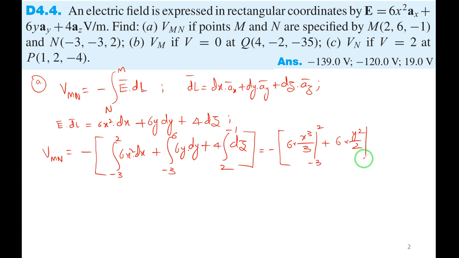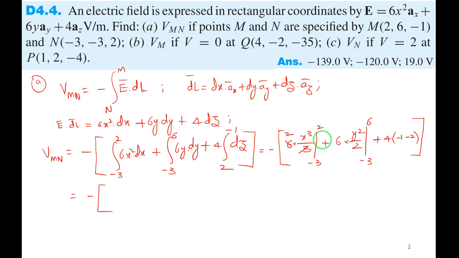So the limit varies from minus 3 to 6, plus integration of z, it is constant, upper limit minus lower limit, minus 1 is the upper limit, minus lower limit 2, right? We'll say 2 into upper limit minus lower limit, 2 cube, right? So 2 cube is 8 minus the lower limit, minus 3 whole cube,